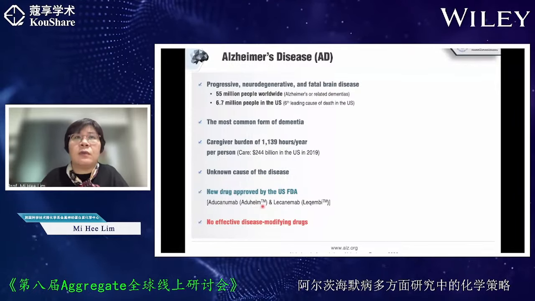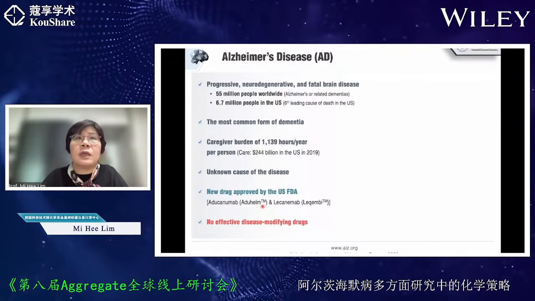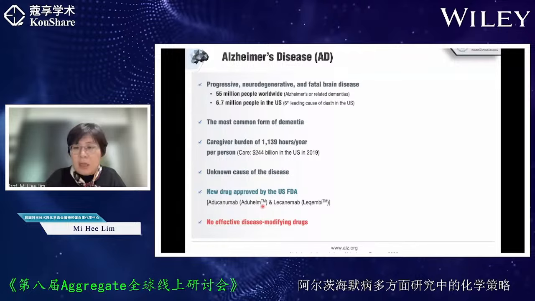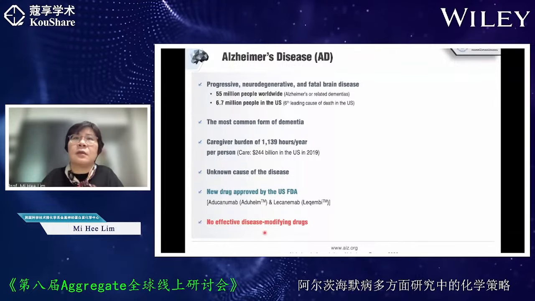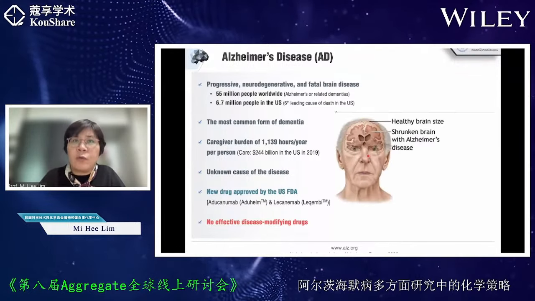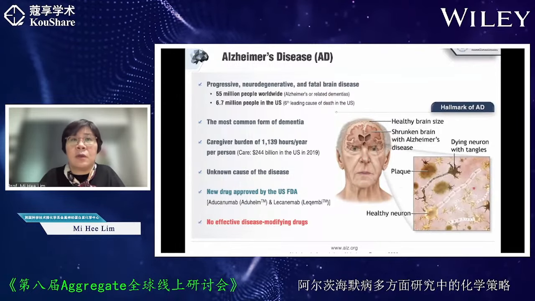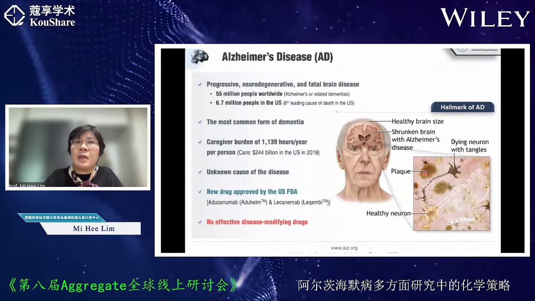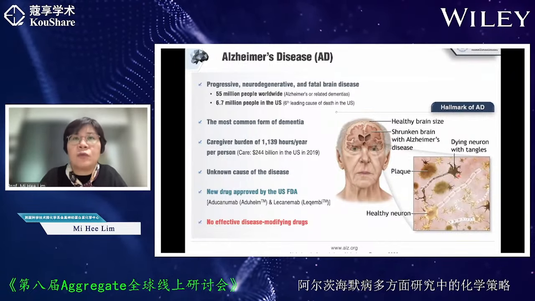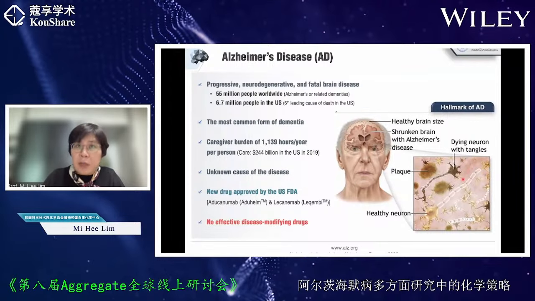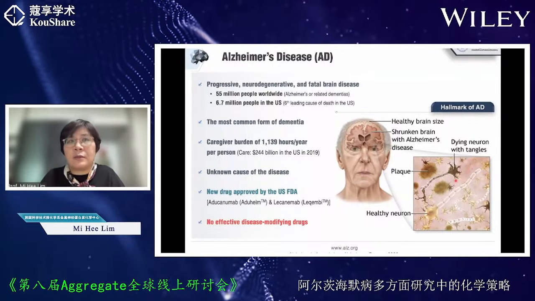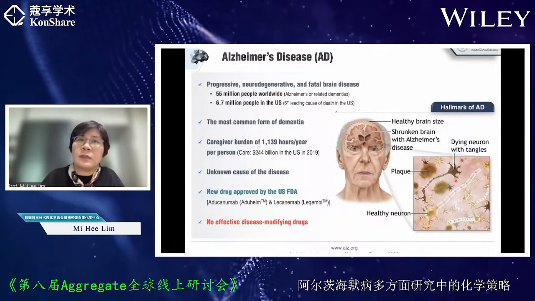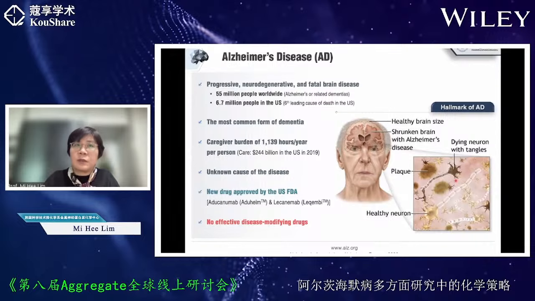In the case of Alzheimer's disease, you can simply recognize the shrinkage of the cortical and hippocampal area. In addition, when you go a little bit inside, as a hallmark, the accumulation of protein aggregates is shown here, such as the senile plaque, mainly composed of amyloid beta, A-beta peptide aggregates, as well as neurofibrillary tangles, mainly composed of tau protein aggregates. As you can see here, relatively speaking, upon progression of the disease, you can recognize the pathological features.